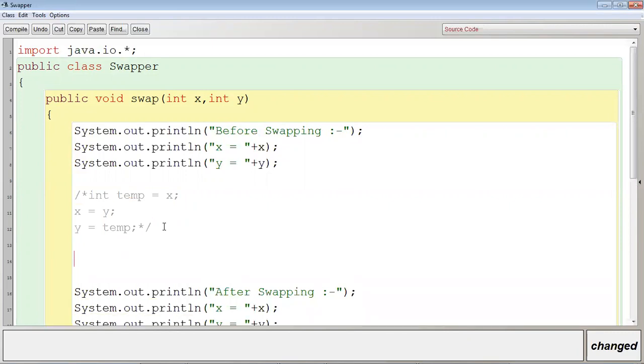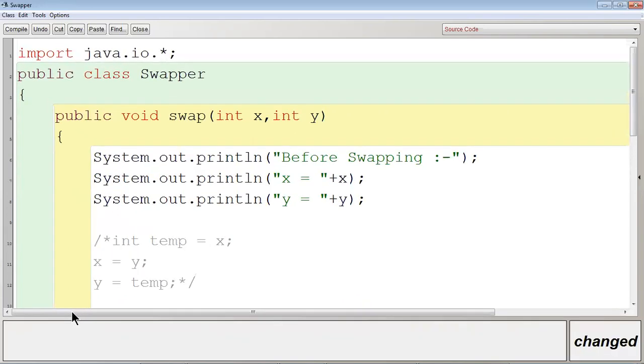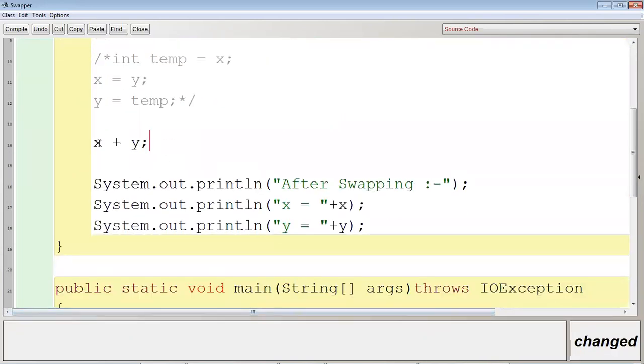First of all, 70 plus 30, it is 100. Where was 70? X. X plus Y. So assume, let me increase the font size. Assume x is 70, y is 30. So 70 plus 30, it is 100. Where to assign? In variable x only. Now in x, we have 100 and in y 30.